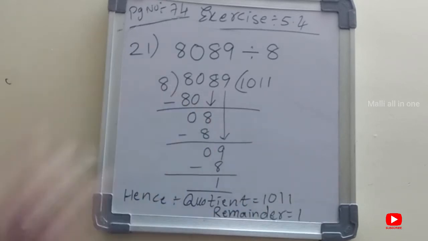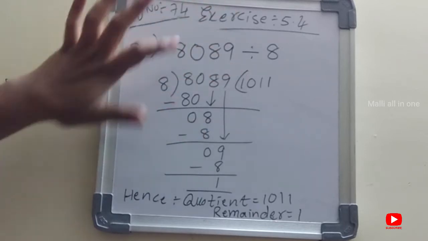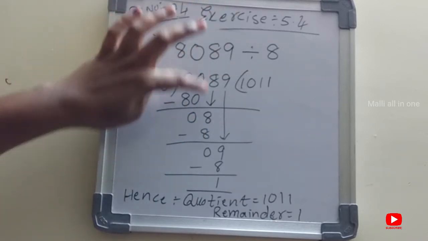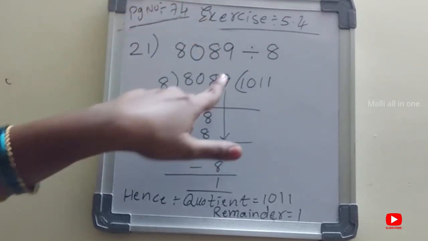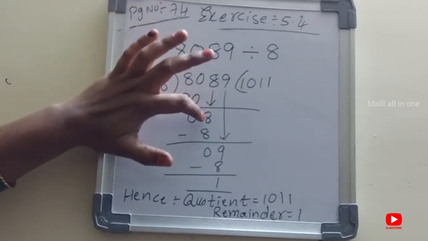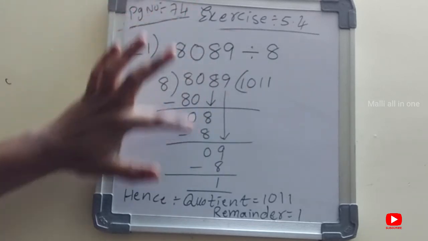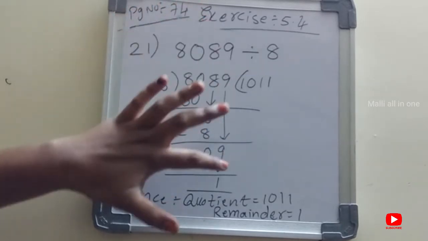Understand children? First you have to maintain in the 8 table: 80 comes, 10 eights are 80. And first you should write 1 digit only, you should take 8. In multiplication you have to do multiplication from this side. In division take the digits from this side only. In division, do like this; if it doesn't work, you have to take one more digit.